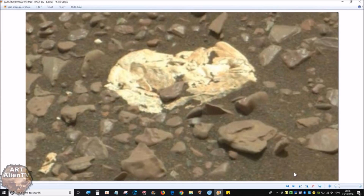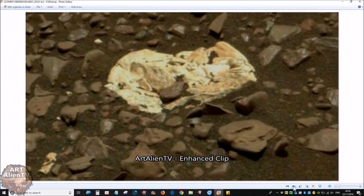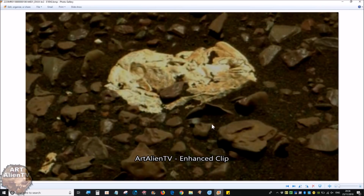So what I did, I basically clipped it, darkened it some more, and added contrast to bring out some of these darker details, and then darkened it again, because this thing is very bright, and it may be some kind of calcium here, or bone-like material. It almost looks like it's melted, but